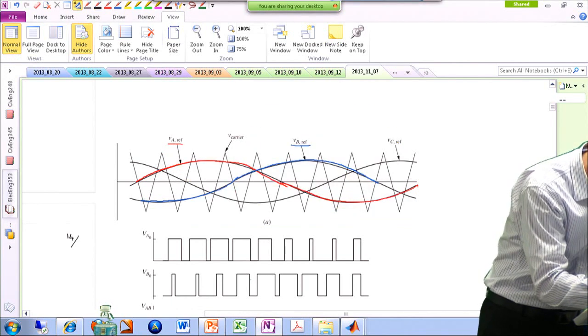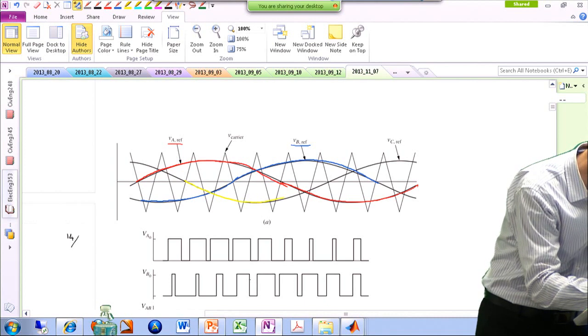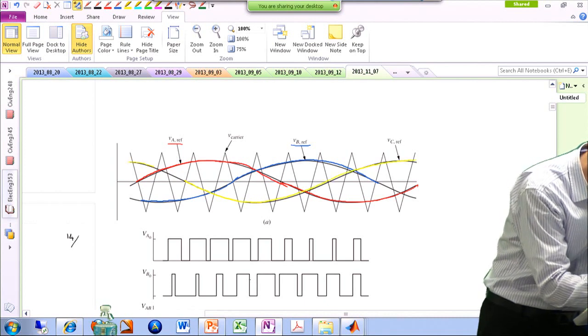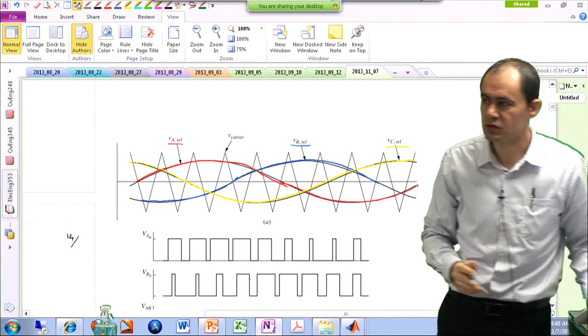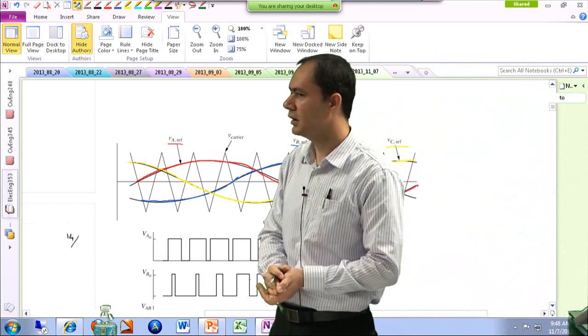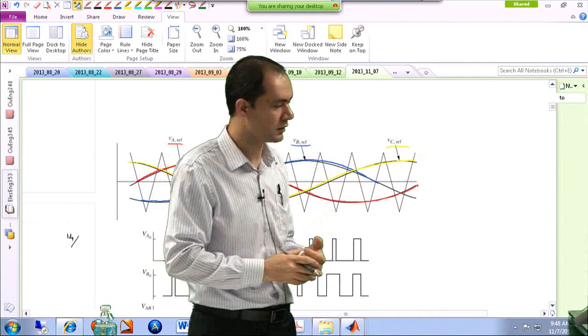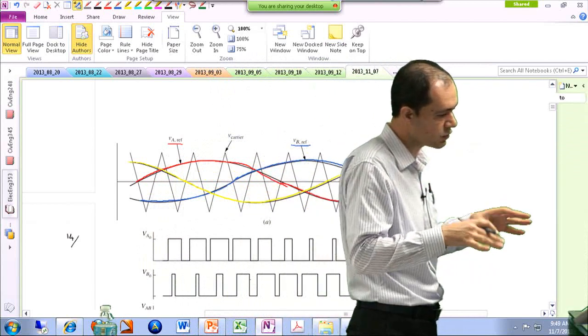But anyway, it is phase C, which is 120 degrees behind phase B, and phase B was 120 degrees behind phase A. So you have these 3 symmetric